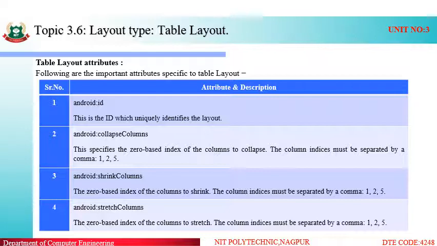The column indices must be separated by a comma, likewise 1, 2 and 5. Shrink columns means if we want to shrink the columns, the zero based index of the columns to shrink. Again the indexes of the columns are used to shrink or to collapse the columns. Similarly stretch columns, again the indices values are used.